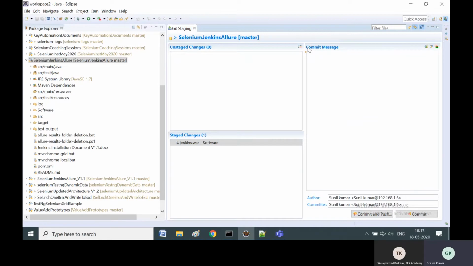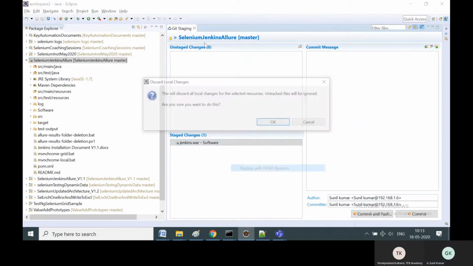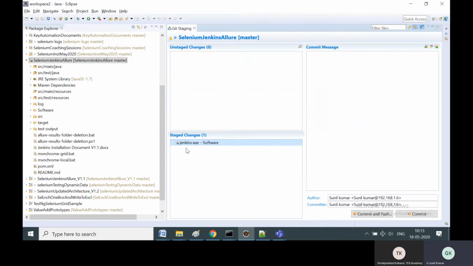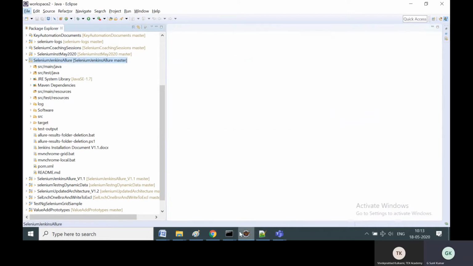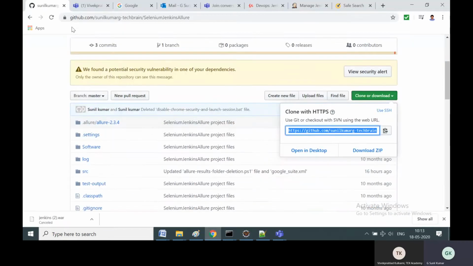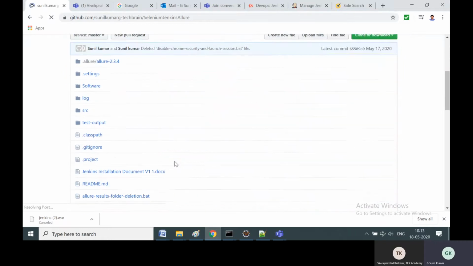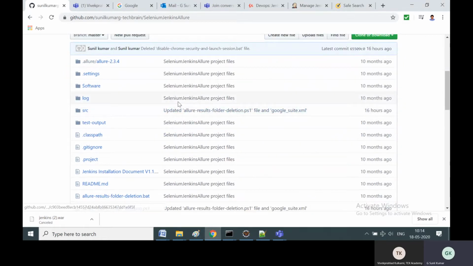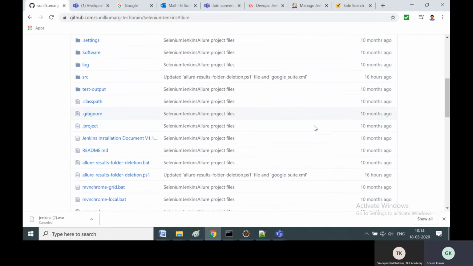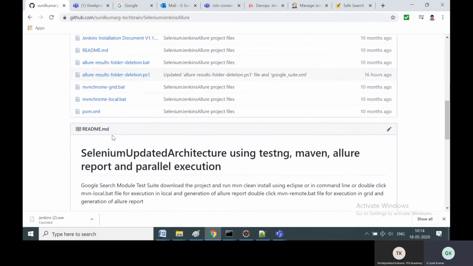Currently I'm doing Replace with HEAD because I don't want this to be committed. Once it is committed, it will appear here, guys. Once you refresh, it will come here with the commit message. See here, the commit message. Like 10 months ago, I committed. 16 hours ago, I committed here. With the commit message, your code will appear here.